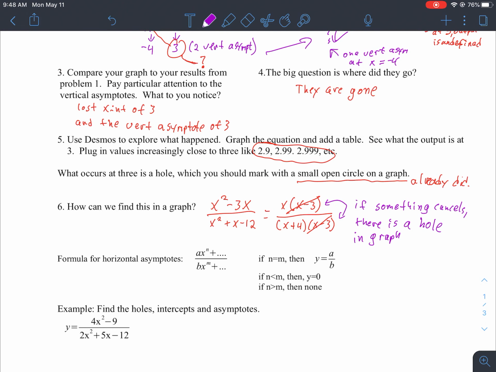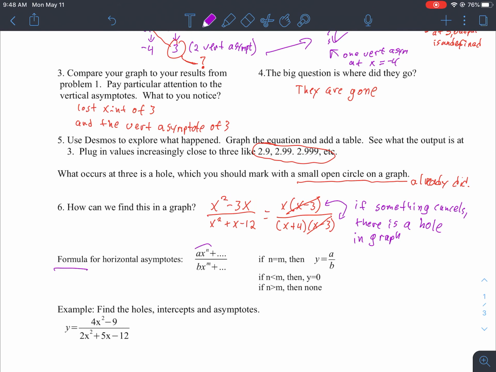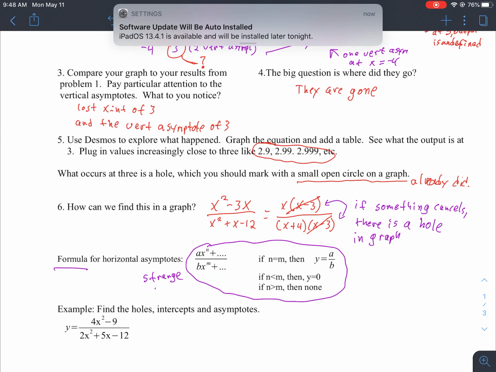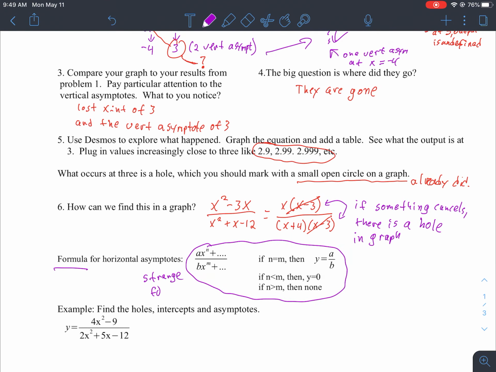Well, that was interesting. Now, someone had asked about horizontal asymptotes, and I said it's not mathematically hard, but there's a strange formula. Here is the strange formula. This whole shebang is the strange formula. Okay. What it says